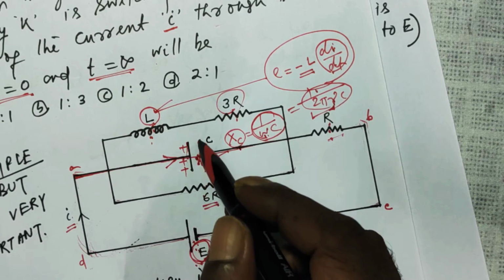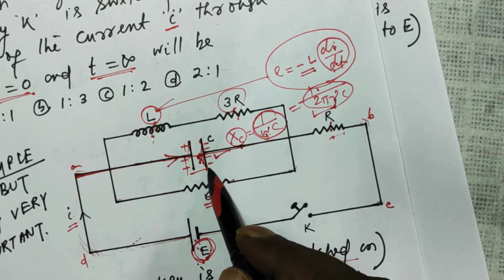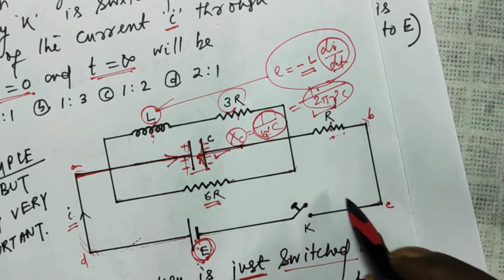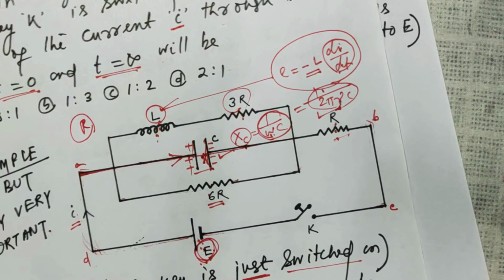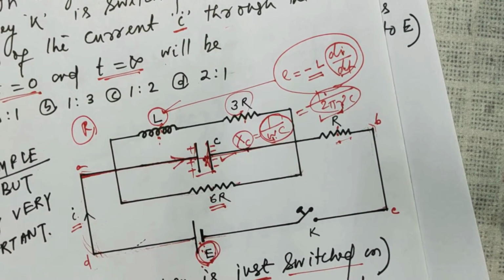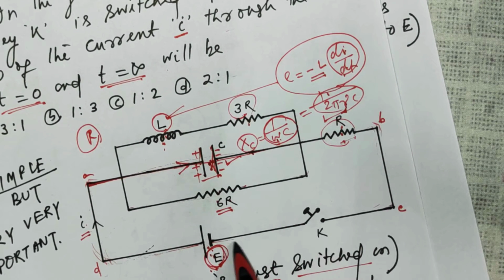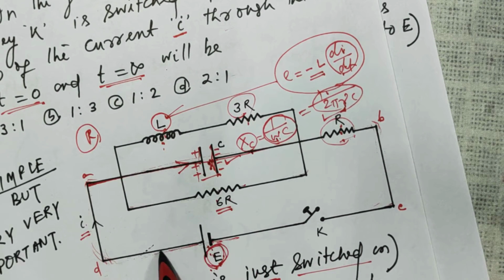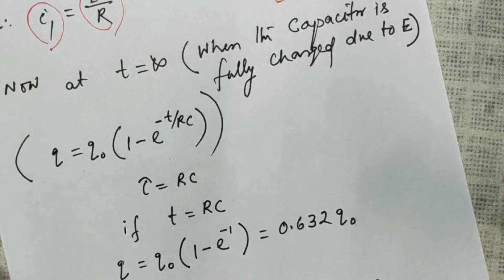Of course, the capacitor is made of a material, so it will have some resistance, but the moment you say it is a pure capacitor, it doesn't have that kind of resistance called ohmic resistance, which is only material dependent. So your first current I1 passes through this resistance, and that also passes through this cell, right? So your first current I1 is equal to E over R.